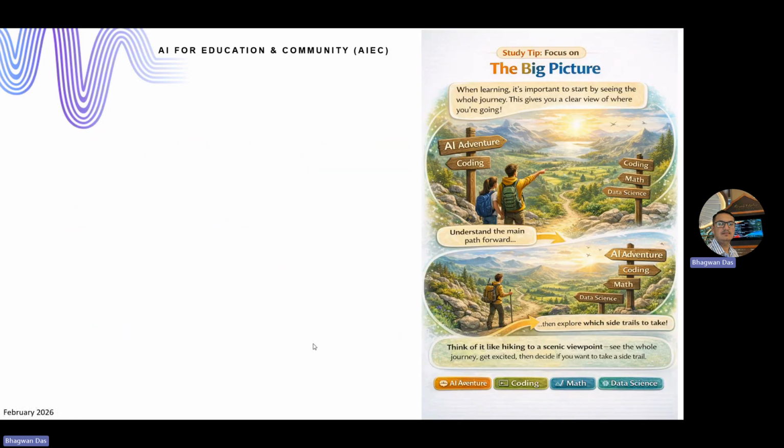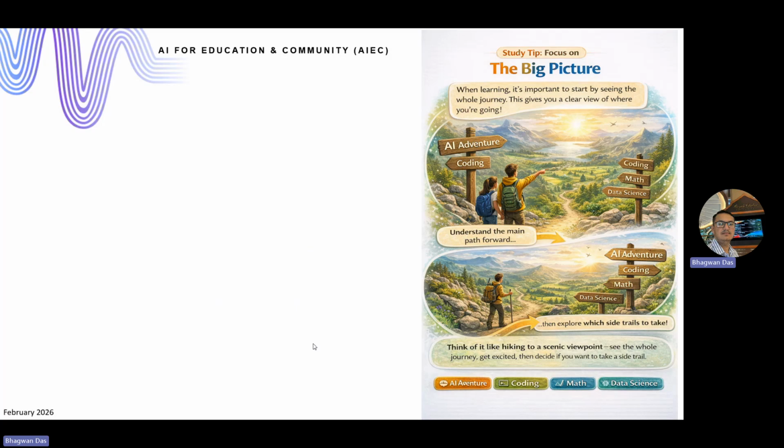Now, if you look at the big picture, and if you are really excited about the AI adventure, I would advise that some coding, some maths, and some data science concepts are really important, because ChatGPT, LLM models, Microsoft Copilot or Gemini are just applications that you are utilizing.